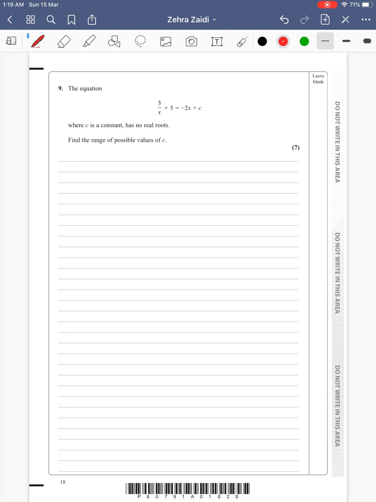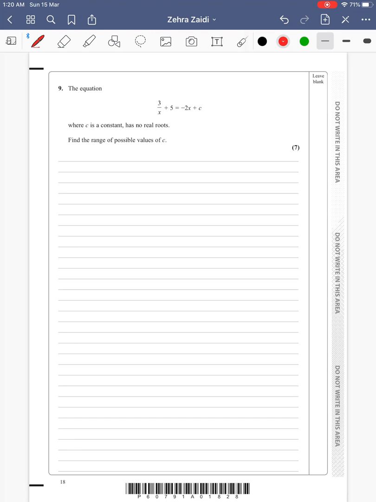Question number 9. The equation 3 divided by x plus 5 is equal to minus 2x plus c, where c is a constant, has no real roots. Find the range of possible values of c. Now the first thing that we need to do in this type of question is that we need to rewrite